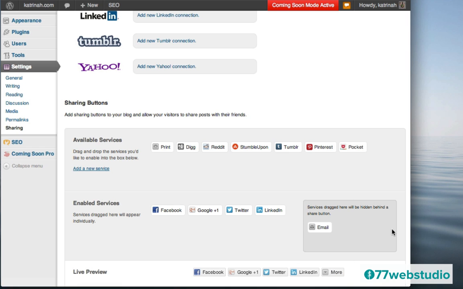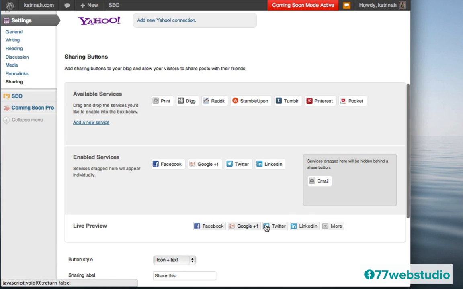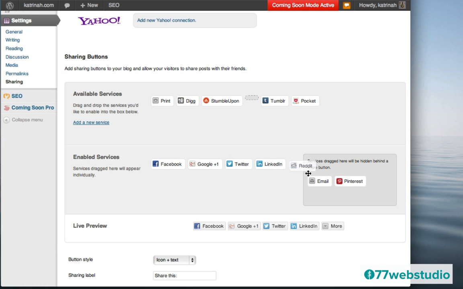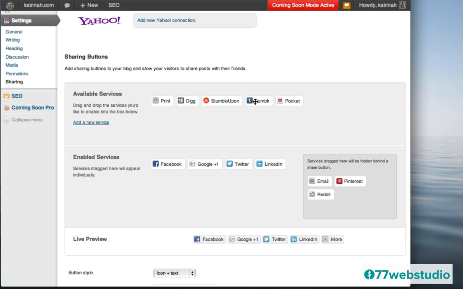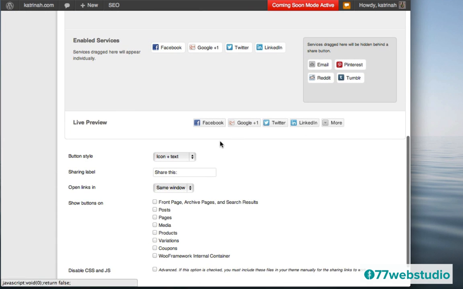You can see a live preview of what this is going to look like on your blog post or under your blog post right here. So I want to add Pinterest, and we'll also add Reddit, and we'll add Tumblr. So that is how you can configure it. You can add the others as well if you'd like. I'm just going to leave it like that.